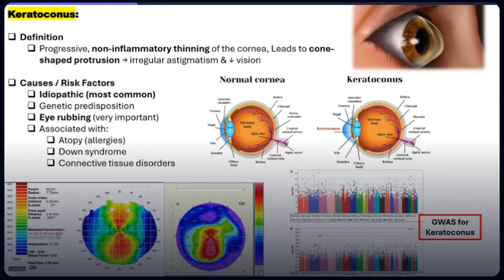and induces high-order aberrations. Look at the Manhattan plots from the Genome-Wide Association study. Each peak represents a genetic locus where the statistical significance, expressed as the negative logarithm of the p-value, crosses the threshold, proving that while mechanical stressors like eye rubbing are critical, there is a complex polygenic vulnerability at play. How would the systemic loss of structural rigidity in connective tissue disorders specifically accelerate this biomechanical failure of the corneal